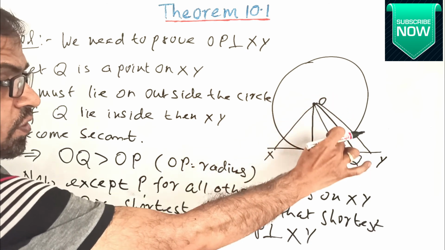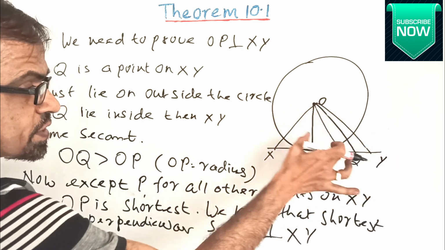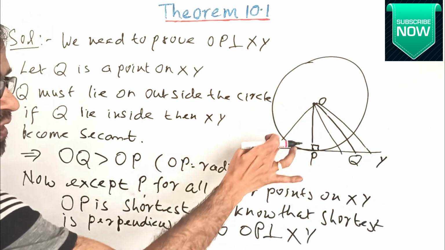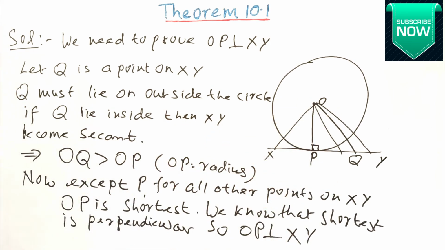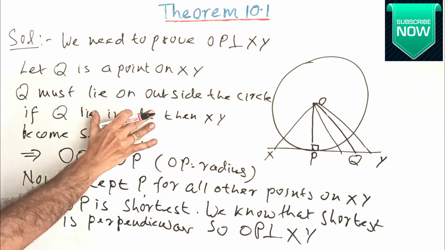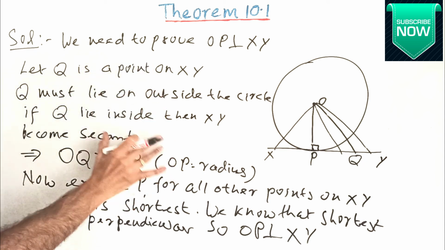And you can compare this by right angle. In the right angle triangle, all these others are the hypotenuse. Suppose this is the right angle, this one is hypotenuse, this is perpendicular. So the shortest is a perpendicular. Hence proved. Okay student. So once again I am saying, practice this theorem word to word. Try to understand this theoretical approach.